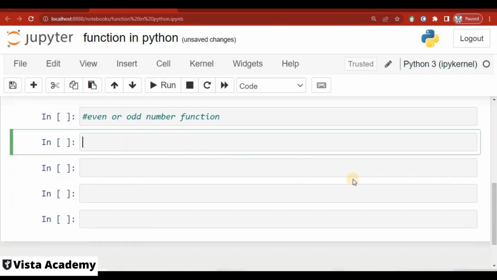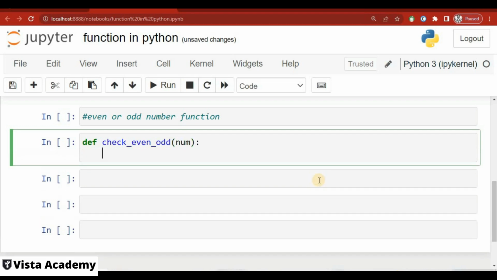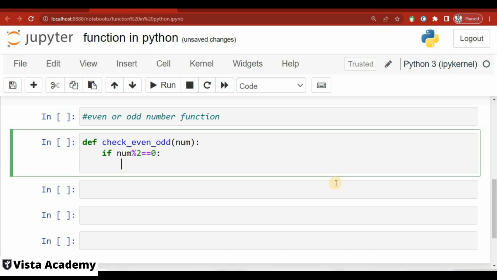Next, we are finding an even or odd number in a function. To do that, we have to start with def, then I will give it a name like check even odd, so that it can be easily recognized. Then I will put num, we have to put some number here. Then I will go to the next line, if num modulus 2 is equal to 0, like if we divide num with 2, then we have to return it's even,